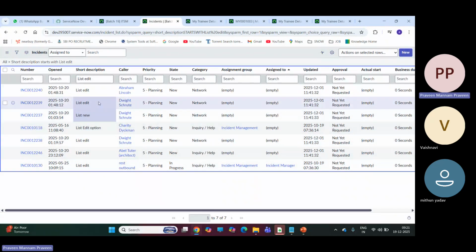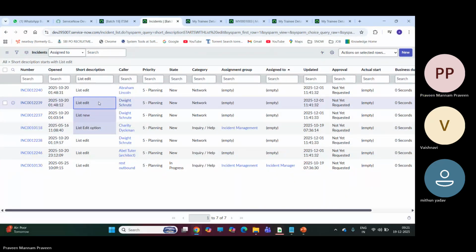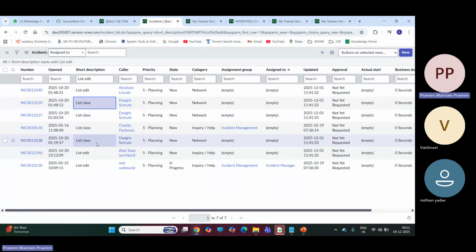Or else I want to update as multiple. Okay. List class, all are updated to the list class. So to search, to sort, to edit, we use this. Okay. So how we can